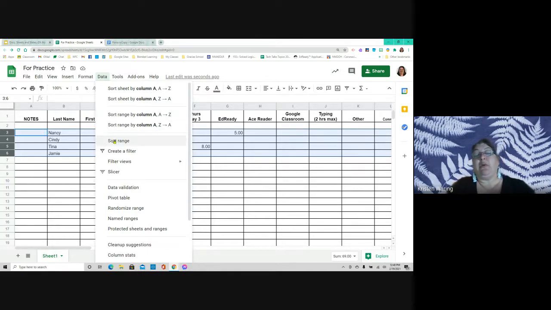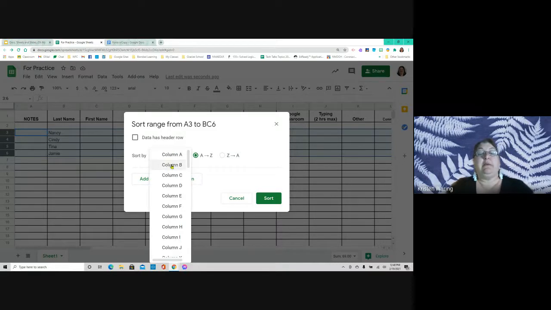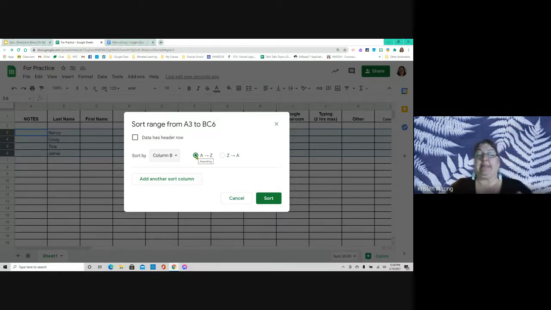So I'm going to go down here where it says sort range just by itself, and I'm going to click on this, and I'm going to say, okay, I want to sort this range by column B, because that's where the information I want alphabetized is. So I'm going to switch to column B, and I can choose, do I want it to go from top to bottom, A to Z, or do I want it to go backwards, Z to A? Okay, in this case, I want A to Z, so I'm just going to leave it just like it is